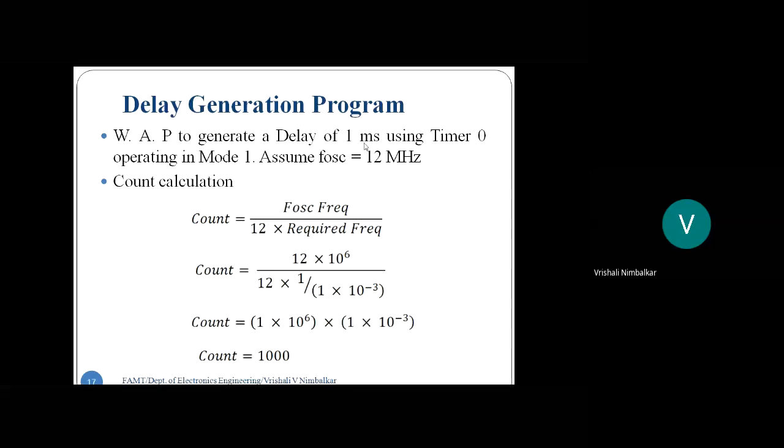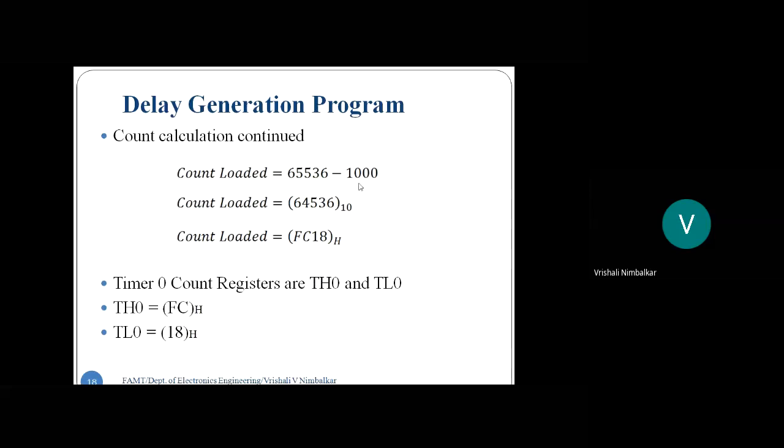Now, since these are up counters, to count 1000 pulses, we need to do a modification. From the maximum count 65536, we will subtract the obtained 1000 count, because these are up counters. So 65536 minus 1000, we got the count as 64536. Now, if these were down counters, I could have directly loaded that 1000 count. Down counting 1000, 999, 998, and when it reaches 0, we would have exactly counted 1000. But that does not happen with up counters.